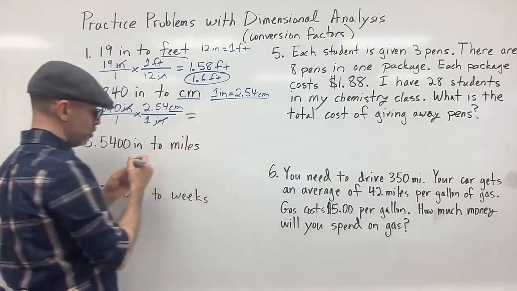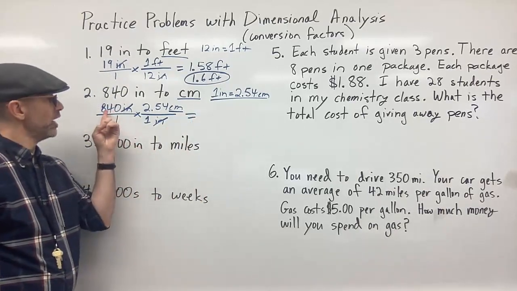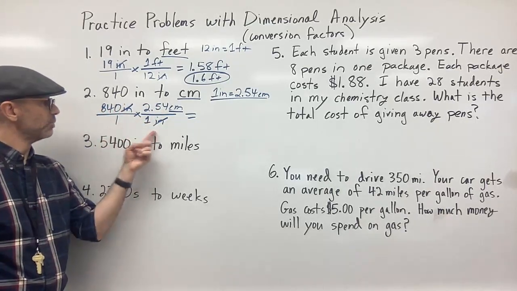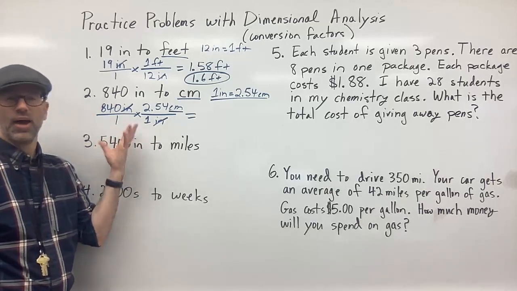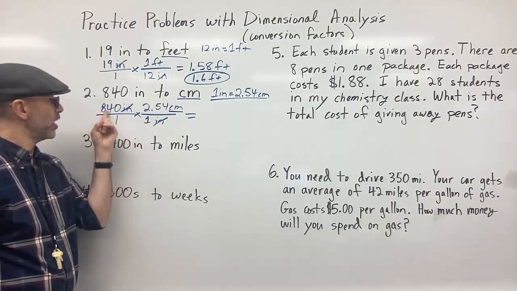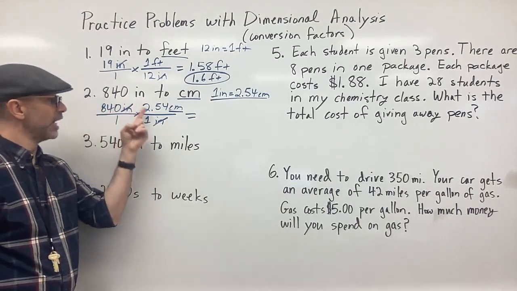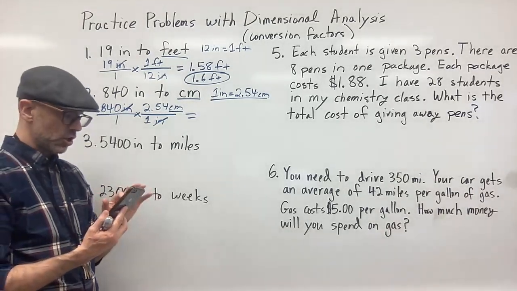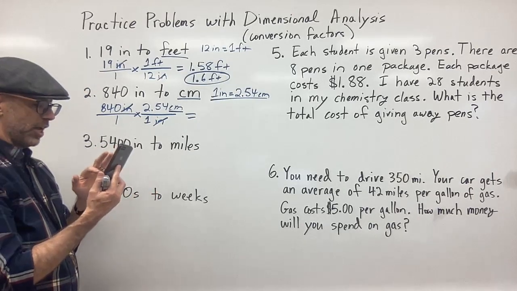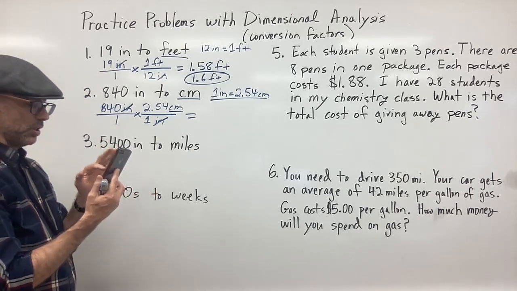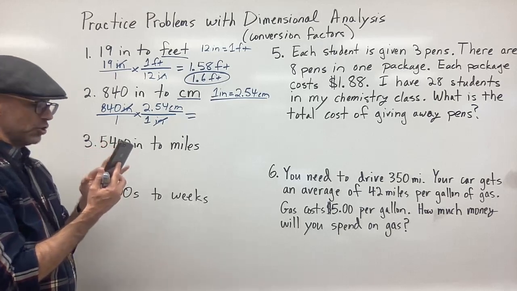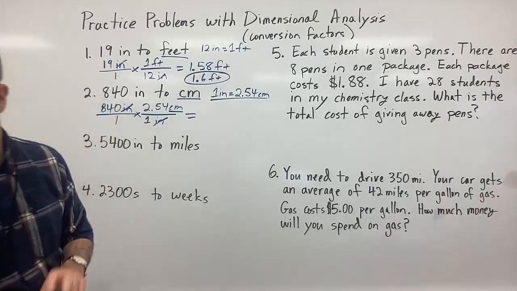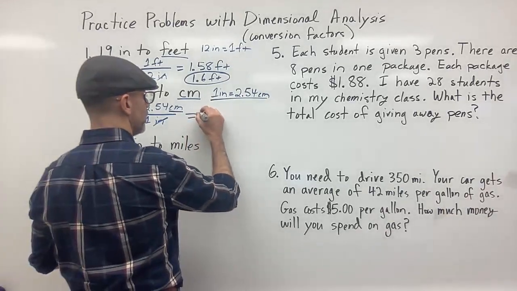So now all we need to do is multiply and divide. Here, again, I'm going to multiply by whatever's on top and divide by what's on the bottom. Since what's on the bottom are both ones, I don't really need to do anything there. So here it's just multiplying 840 times 2.54. Let's do that on our calculator. 840 times 2.54 equals, and again, we're going to get 2,133,